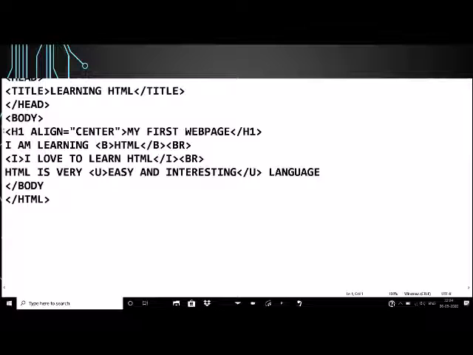I had used the H1 tag for a larger size of heading, the BR tag for line break, the B tag to make the text bold, the I tag to make the text italicized, and the U tag to underline the text. Now I will be using a few more formatting tags in today's session.